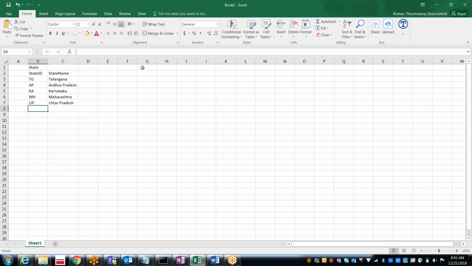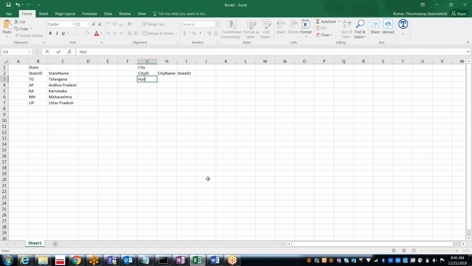Now the city drop down. City ID, city name, and at the same time I would like to have one more column for identifying the states. How are we identifying the states? Through this state ID.